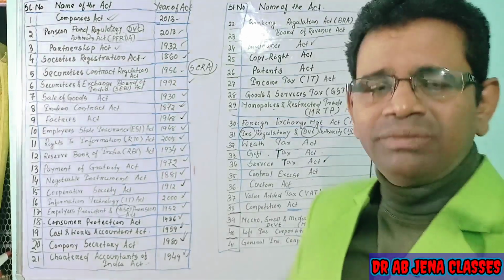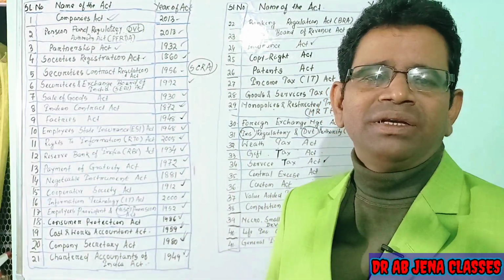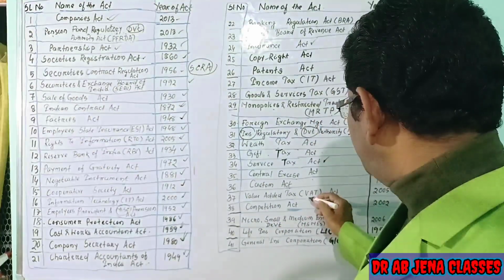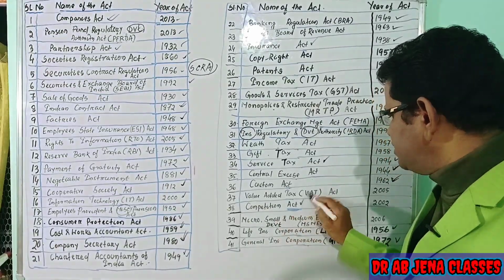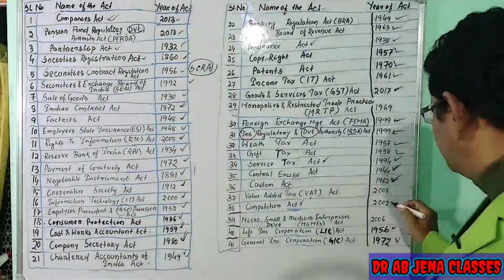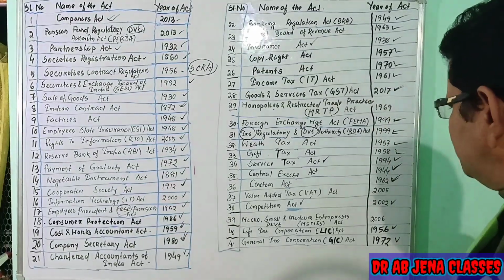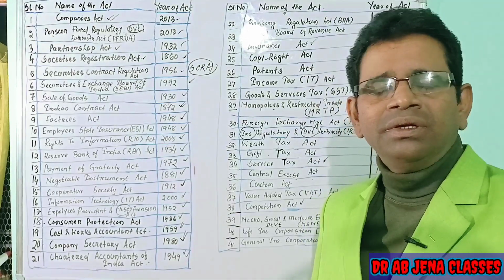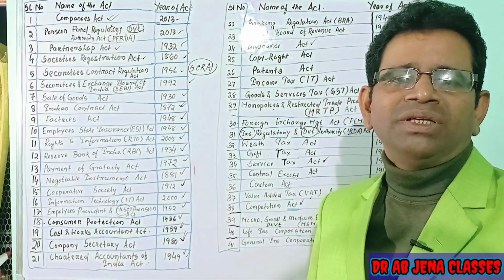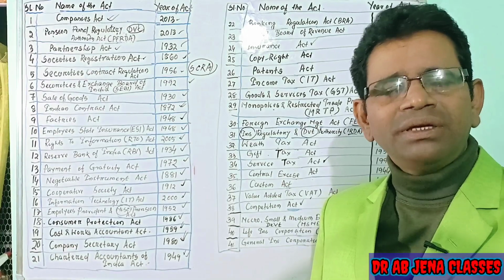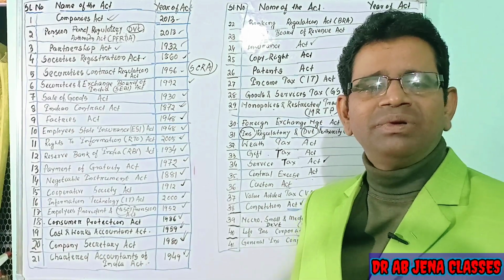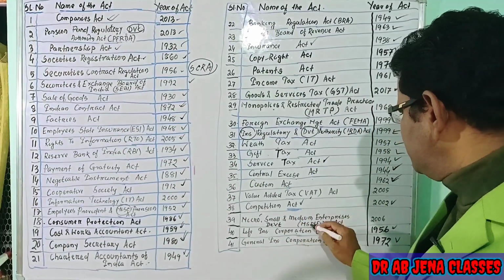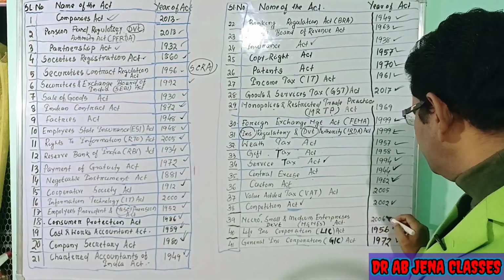Normally, before implementation of GST, the various states were charging VAT. Then the Competition Act is 2002. Another one, which plays a major role right now, played by both the state governments and the central government for the development of Micro, Small and Medium Enterprises, is the MSME Development Act, 2006.